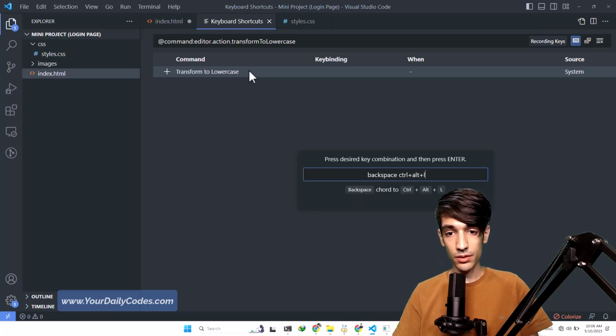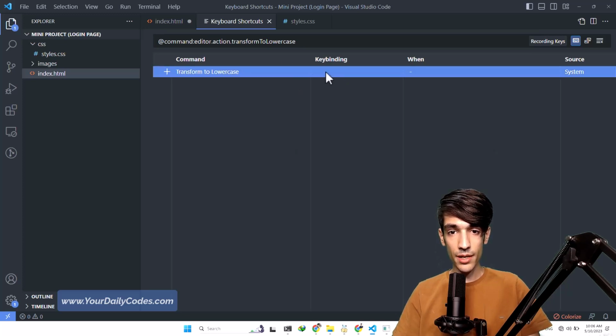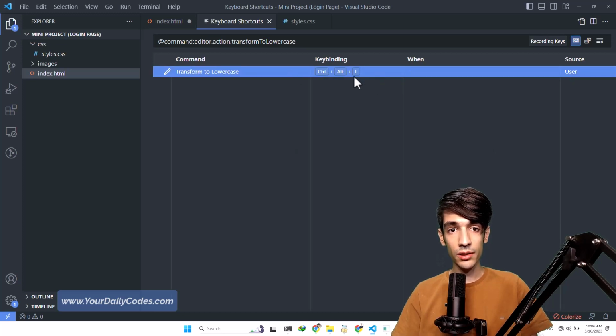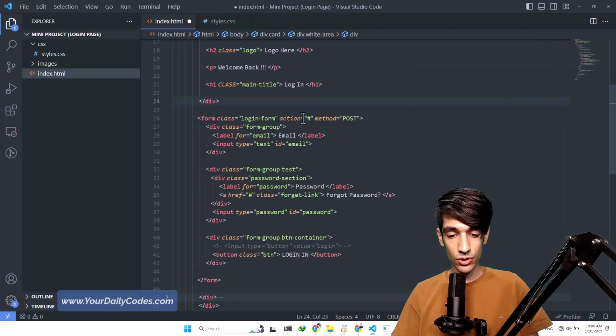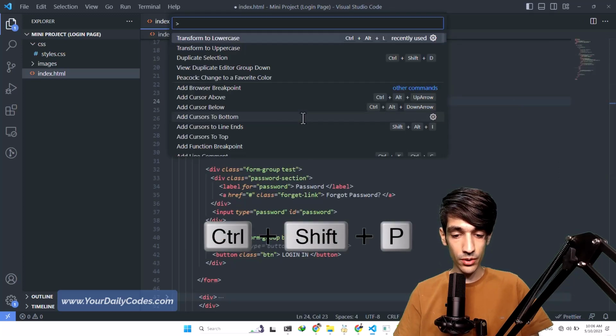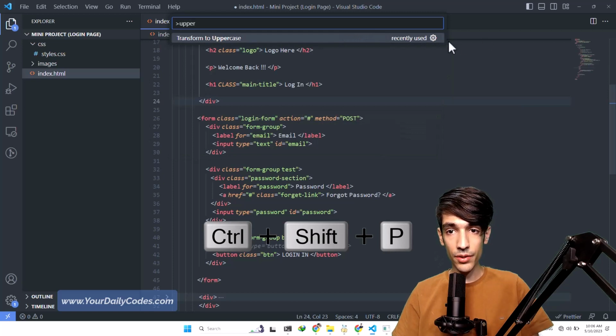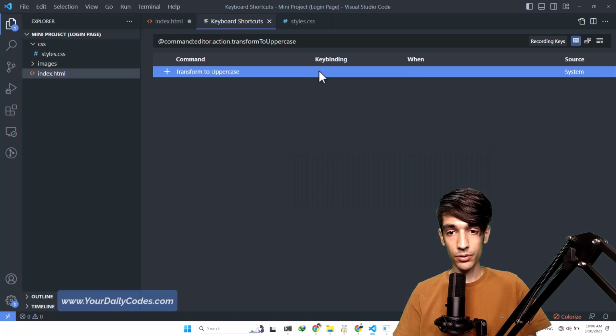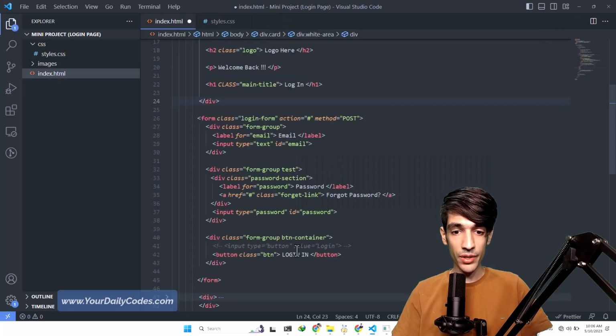Ctrl-Alt-L. There are 2. Let's hit escape, and once again Ctrl-Alt-L. So this is Ctrl-Alt-L that I'm assigning to transform to lowercase, and for transform to uppercase I want to use Ctrl-Alt-U. Okay, this is it. And from now on, whenever we hit Ctrl-Alt-L, everything will be lowercase, and we can just simply change